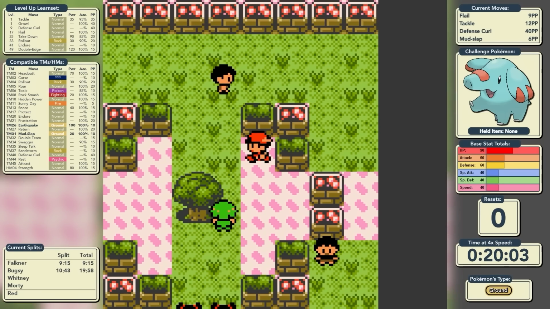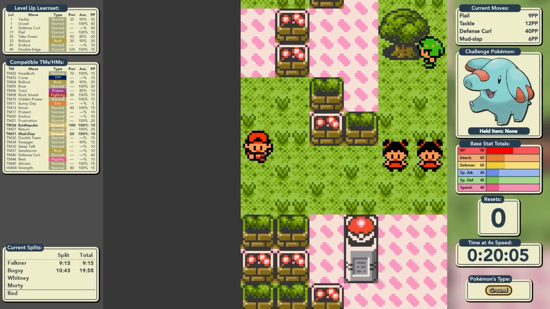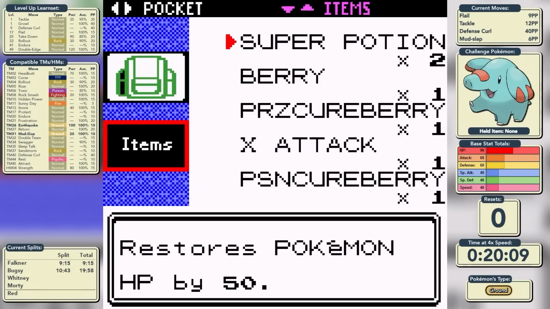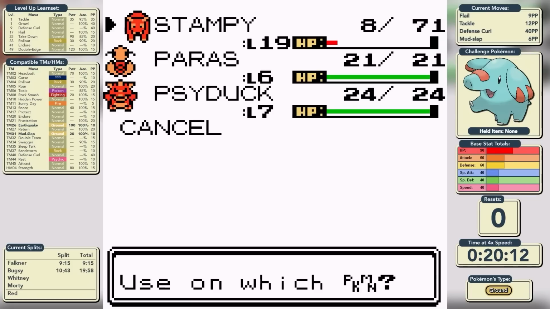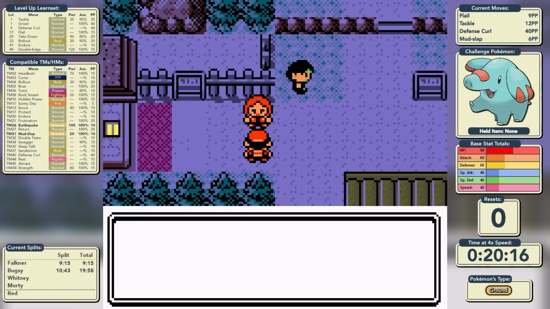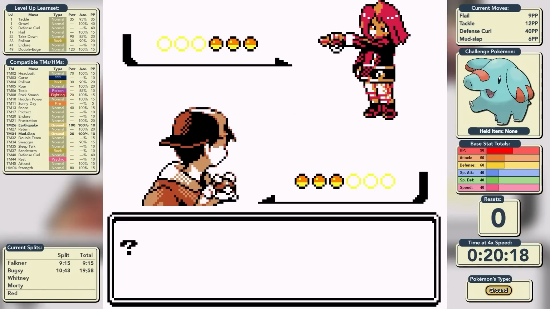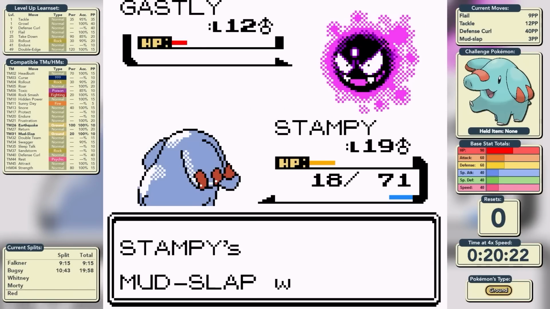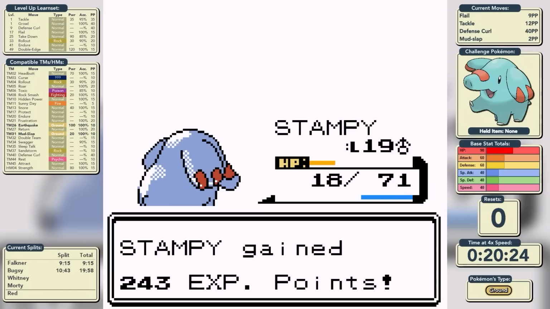Up next is the second rival battle, and I thought maybe I could use the Flail strategy once more. Obviously at just 8 HP that's not going to be the best, so I decided to use a berry just to see how well it would go. And honestly, this might be the biggest misplay of the run. I vastly underestimated his team at this point in the game, forgetting that this rival battle is one of the